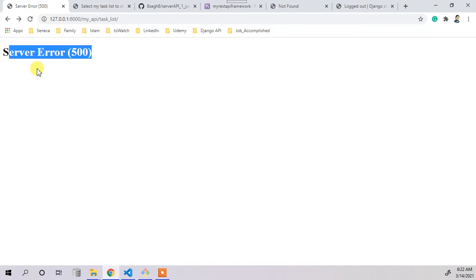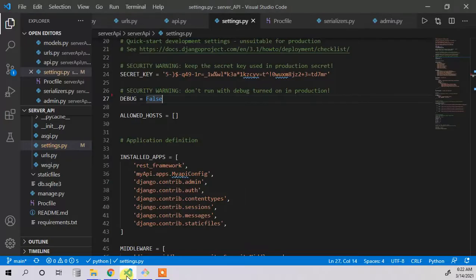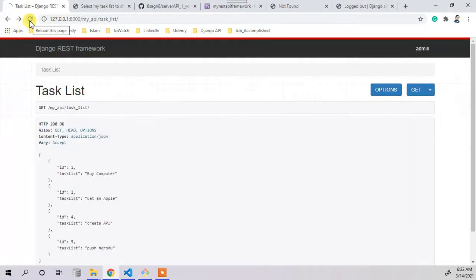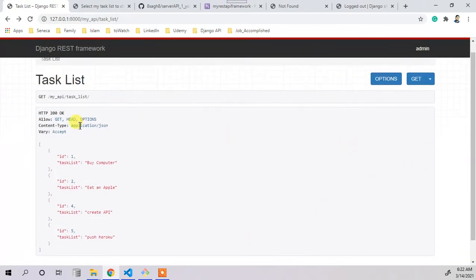Why is it giving me the error? Because the debugging mode is false. So if I make it true and save it, it fixed all the changes, and now it is working and all the data is in here.